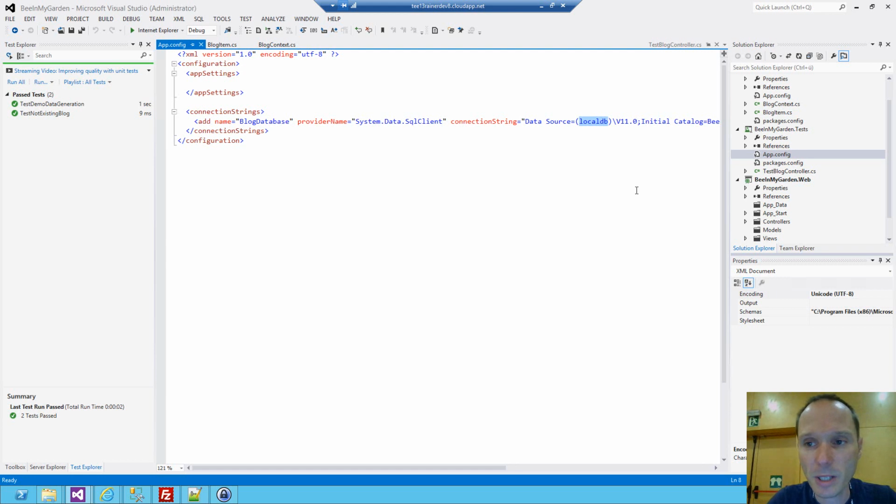The demo application is a small MVC application. It consists of a database, the MVC application, and some unit tests. And for development purposes, I'm entirely running on this local machine, no resources in the cloud, no website in the cloud, no IIS in the cloud, and no SQL Server in the cloud. So let's